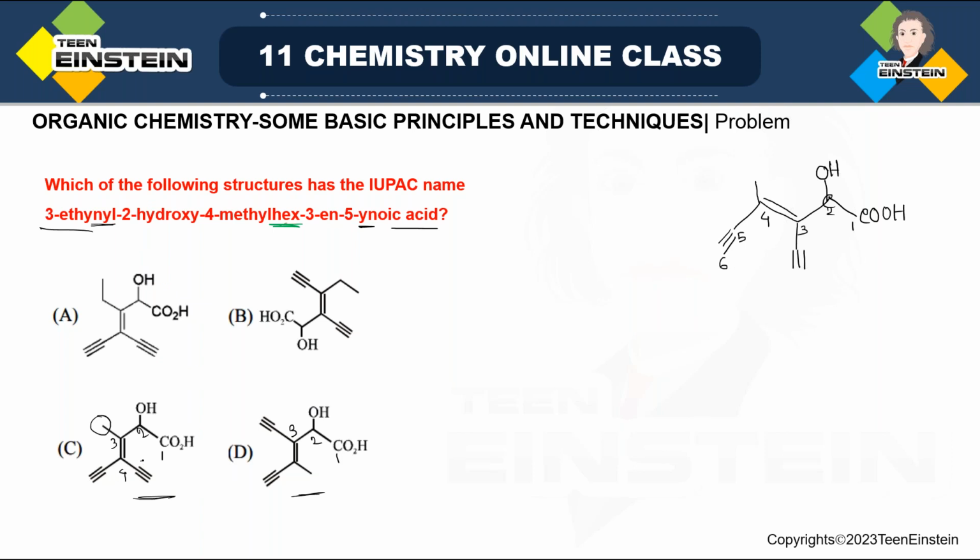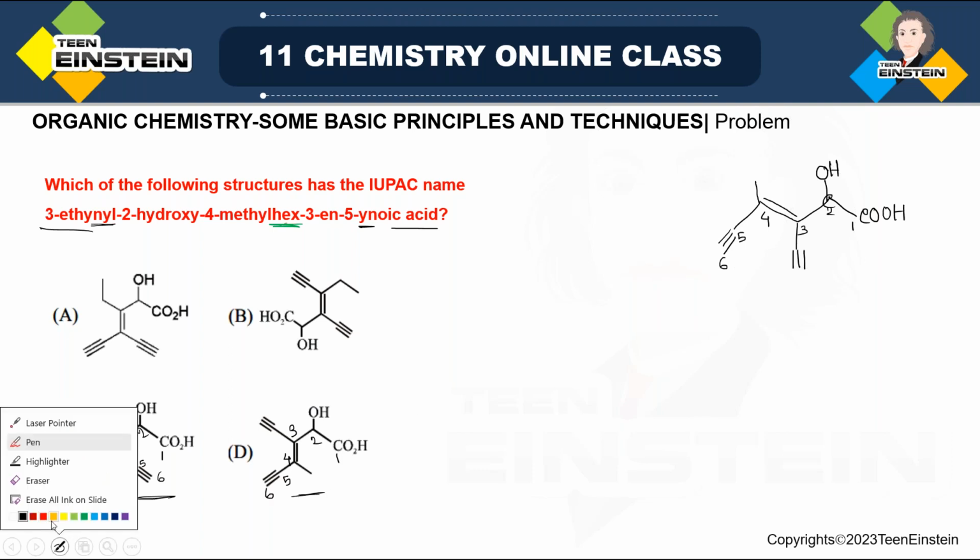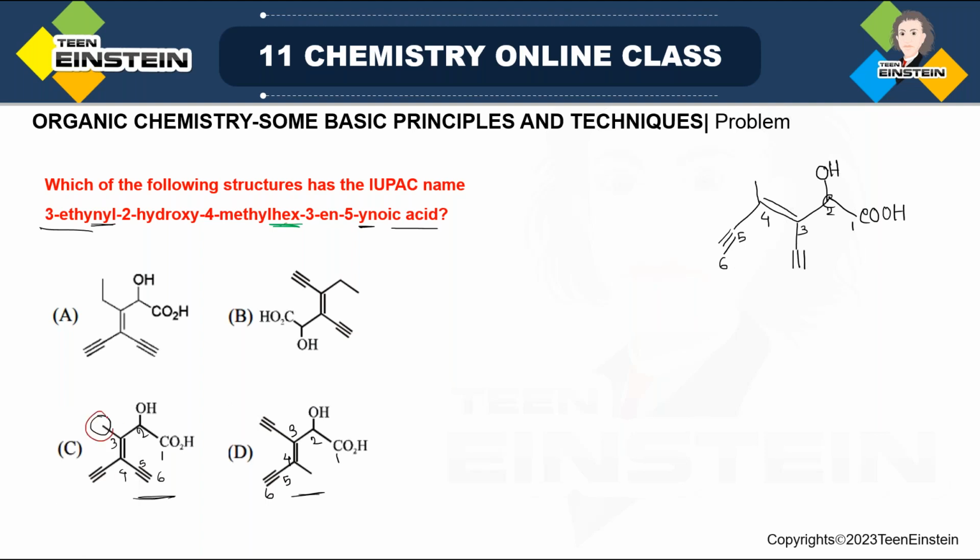4, 5, 6, because it is hex. Now, if we compare with our structure, basically you will find here 3 position methyl, but here 3 position